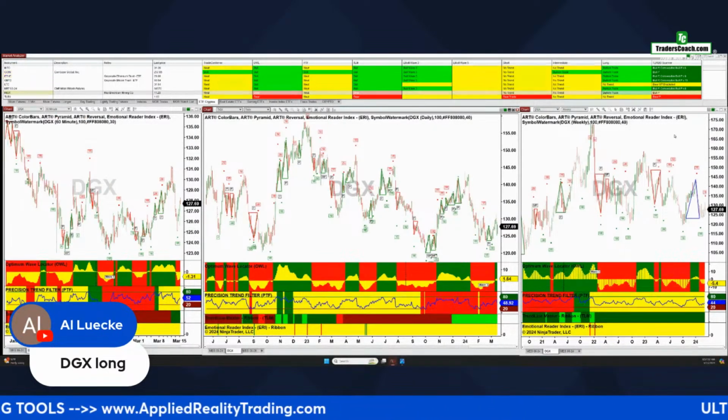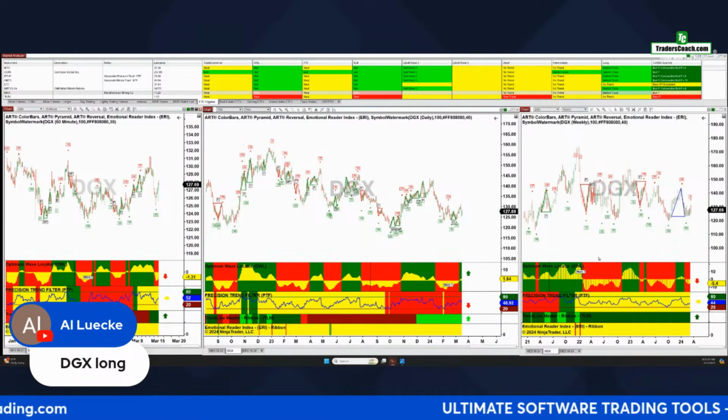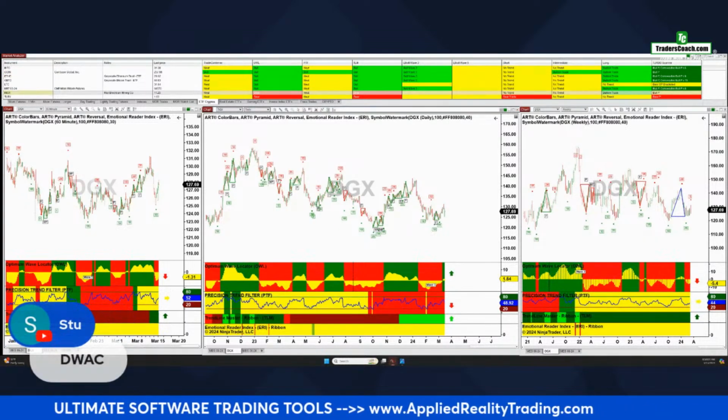All right, so Al is long. I guess you're long, considering a long or maybe long already. I would not do a long on this. Got a red PTF on the daily, okay? All right, Stu,